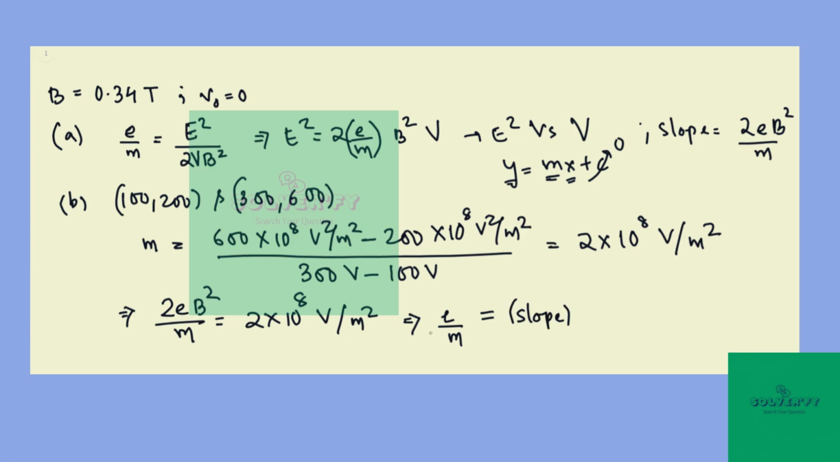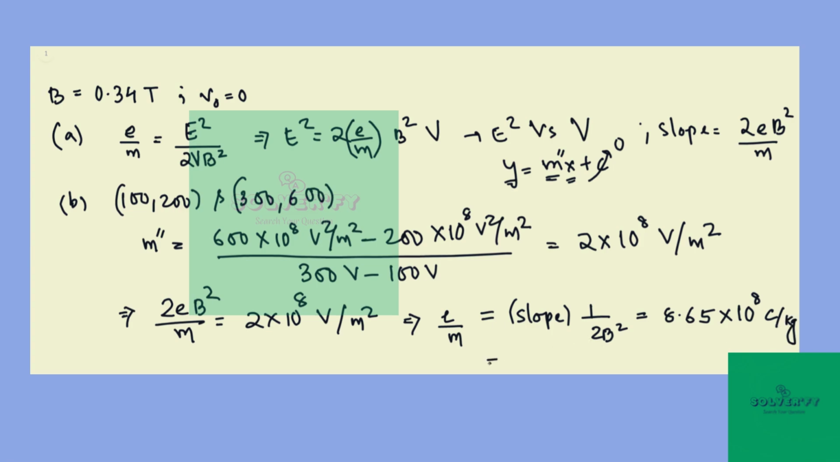So don't get confused with m and m here. Let's call this m double dash to distinguish the slope from mass. So this is slope times 1 over 2V², and this gives the ratio to be equal to 8.65 times 10 to the power 8 coulomb per kg,